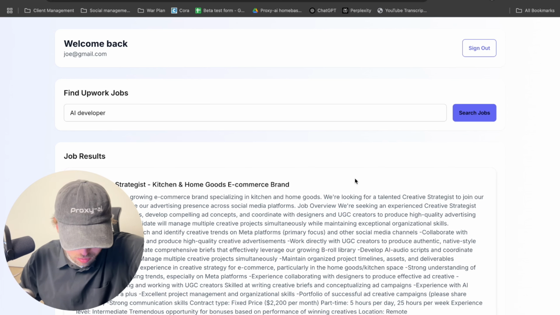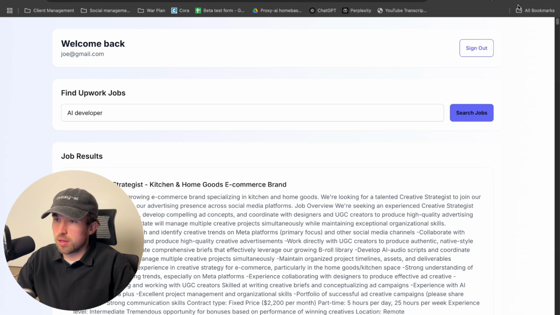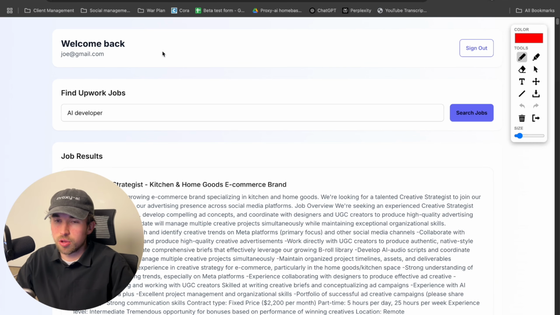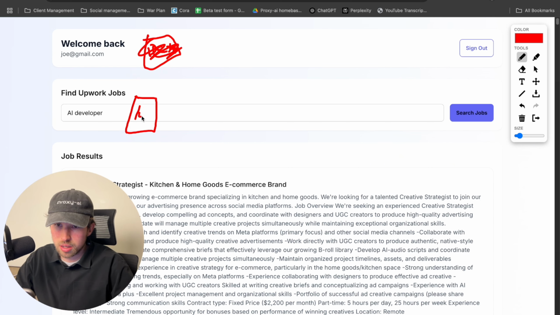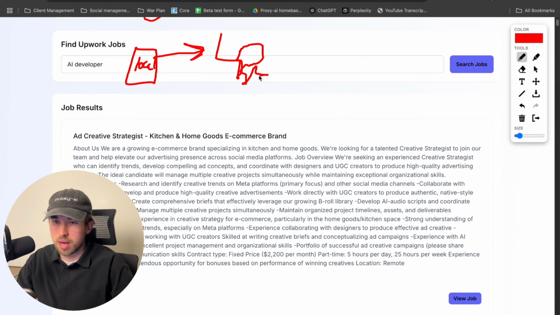So what's happening is you have our local machine, which is what we're on right now, and then it's sending information to the API.